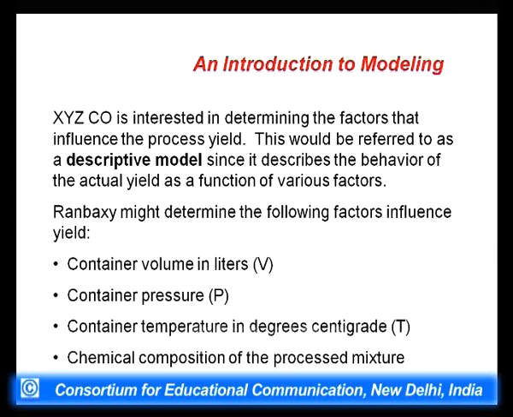These are V, P and T, and the chemical composition of the processed mixture, and these will finally contribute to what? The process yield, which we want to maximize. And these are factors which have some influence on the process yield. So, letting A, B and C be the percentage of the mixture made up of chemicals A, B and C,